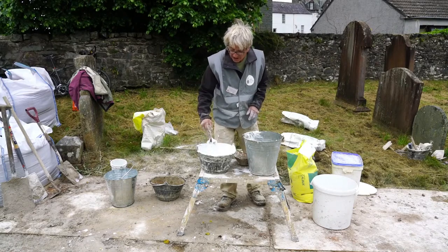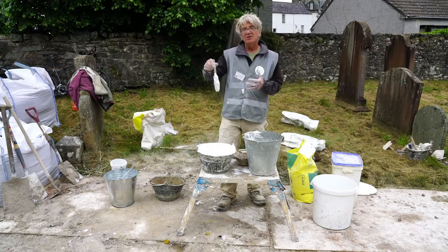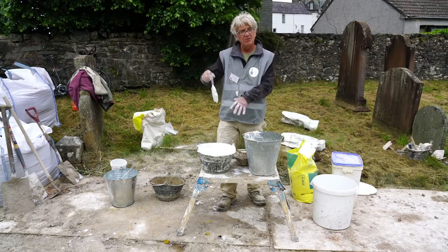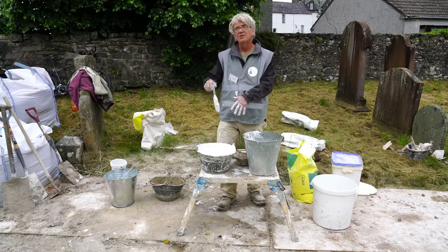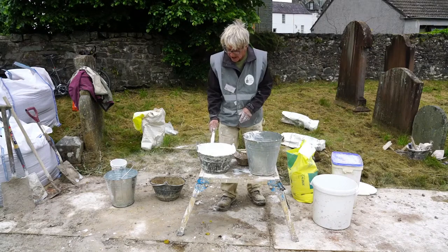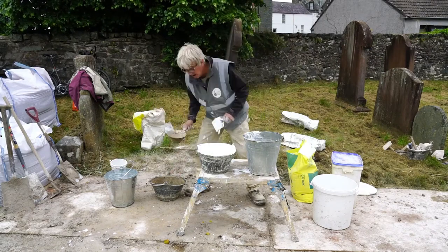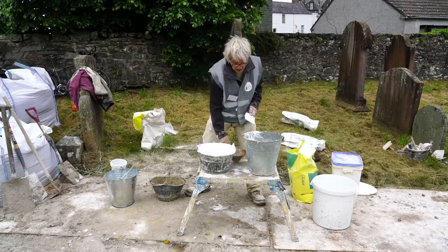I can thin that more from that perspective, but that capacity to not drip is to do with the bond we've got within that material, between the water and the lime in this case, at the moment. I could thin that more. Do you prefer the result from one method over the other? Traditional versus...